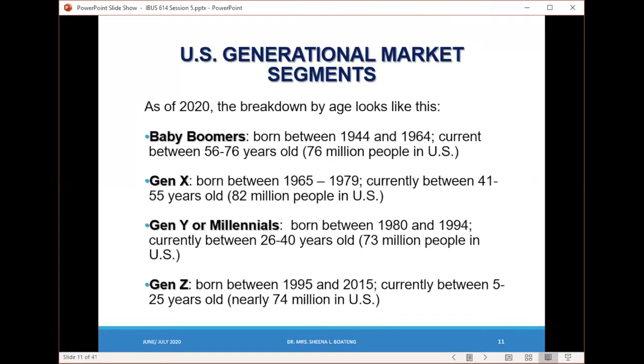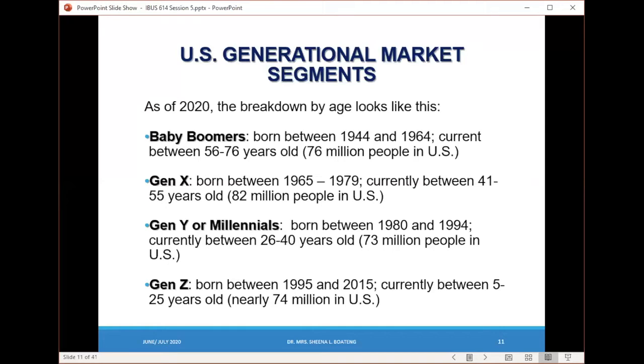So marketing to such a group tells you how to be able to target them, because combined, when we look at the numbers, there's quite a significant number of them in the United States alone. And currently, the Gen Z are the largest consumer segment in the world. So by having a breakdown of these different age groups and knowing their characteristics, as marketers who are marketing globally, going into each market, you need to be able to know the breakdown of the age groups within the specific market segments you want to enter,